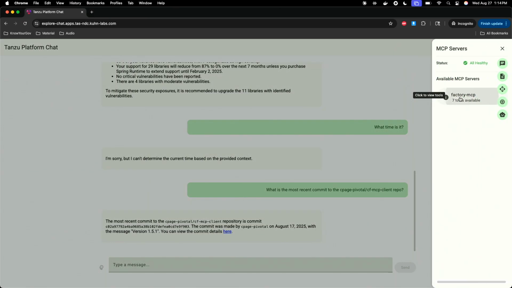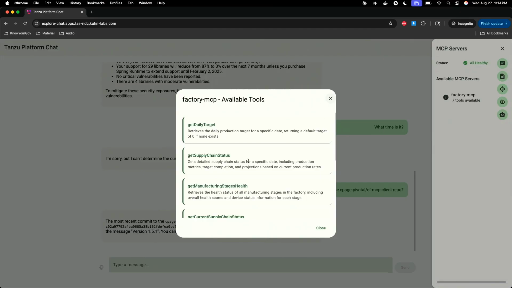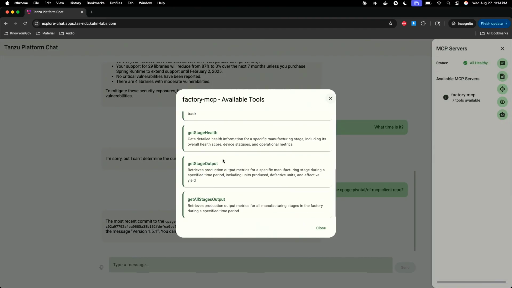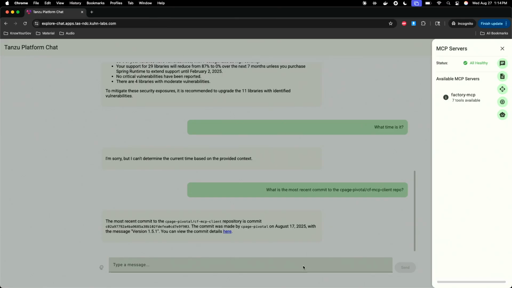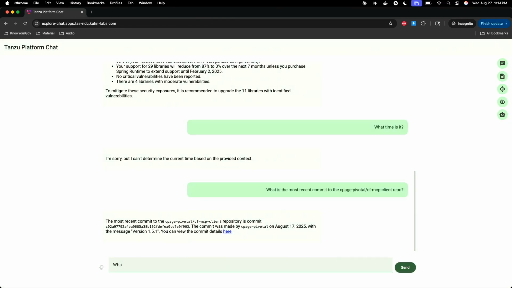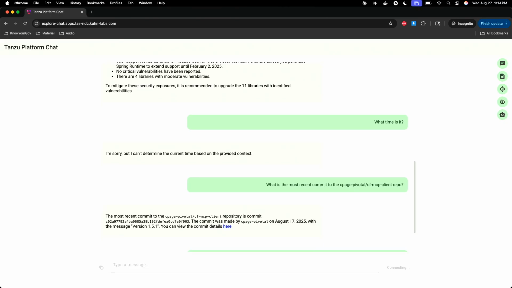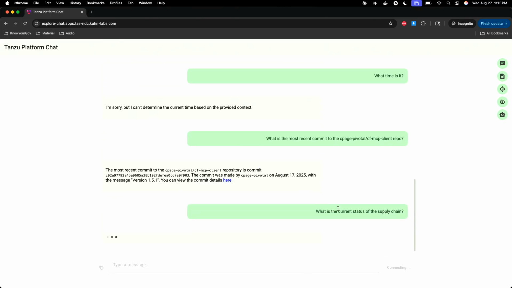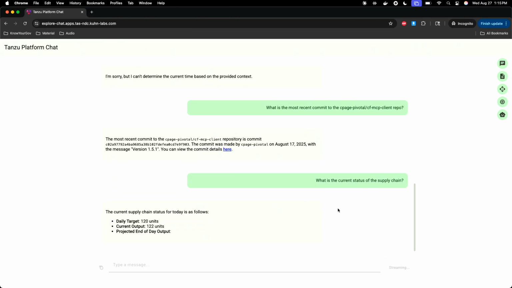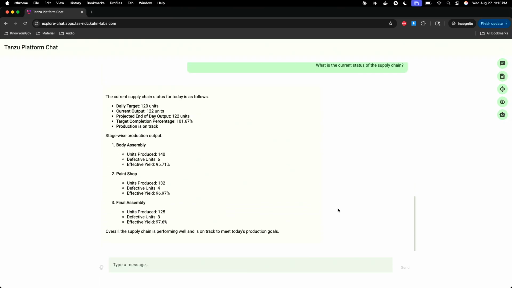I'll show off the factory server real quick here. So now these are the methods that we saw in the code. They're now exposed as tools, and I can ask it, hey, what is the current status of the supply chain? And I'm now talking to my software, right? So it's going to be able to take this natural language question. It's going to figure out what functions to invoke on the software, and I now have the ability to deliver